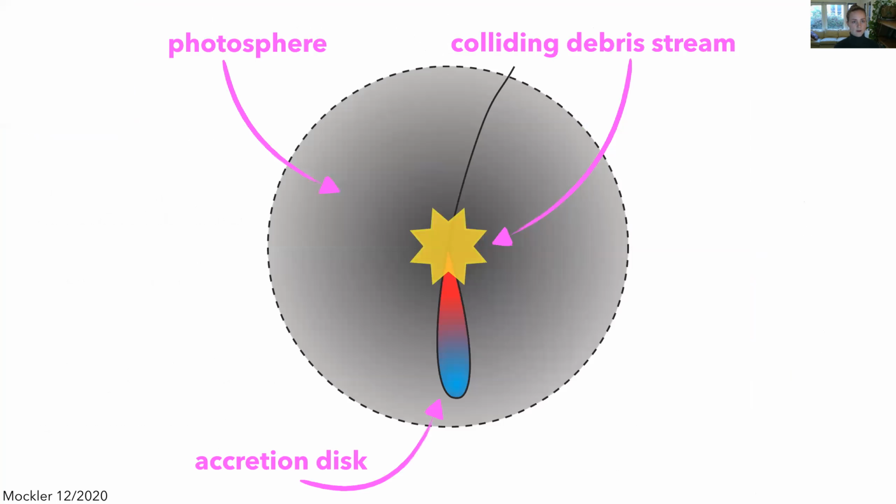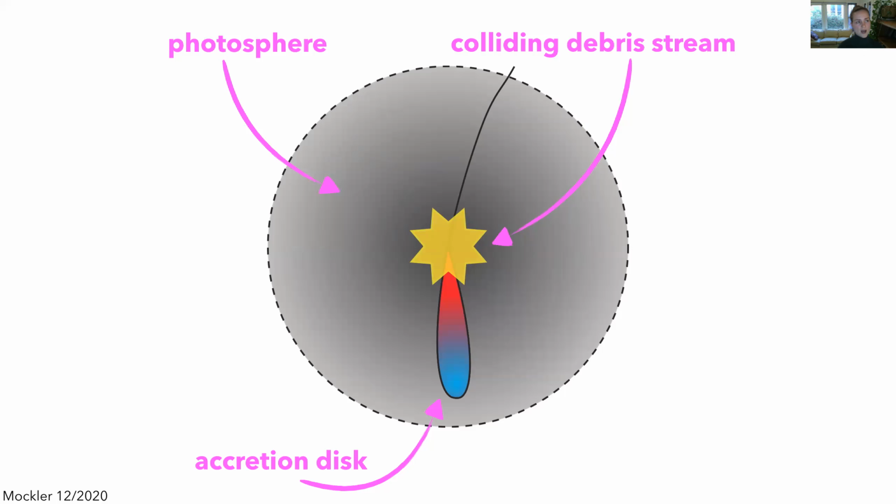And then, again, we're skipping over circularization to the reprocessing. So after the debris streams collide and circularize, they form an accretion disk, and you might expect that if we're looking directly at an accretion disk, the light might be in the X-ray. However, we find that for TDEs, they are at much lower temperatures, and we explain this using an optically thick